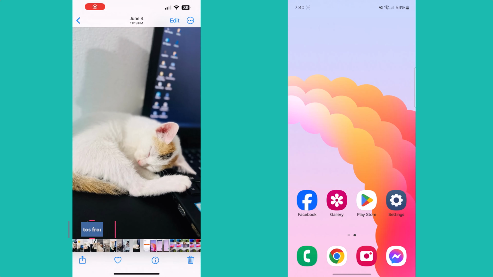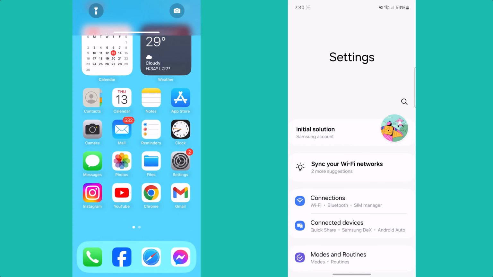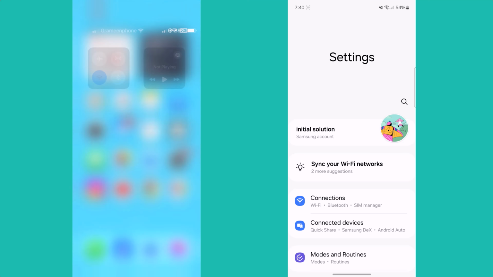Hi, in this video, I'm gonna be walking through how to transfer photos and videos from iPhone to Android phone. So right now, I'll show you the easiest way to easily transfer photos and videos from any iPhone to any Android phone. First of all, make sure your iPhone and your Android phone are connected to the same